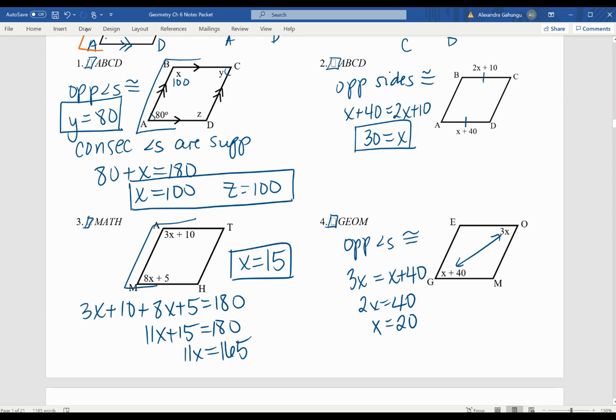So questions could be find x or find the measure of angle G and O. They would both be 60. Or you could find all the angles. And since we've got consecutive angles here, 60 plus the measure of angle M should be 180. So this will be 120. And I've got an opposite angle here. So that's also 120. And that's it for